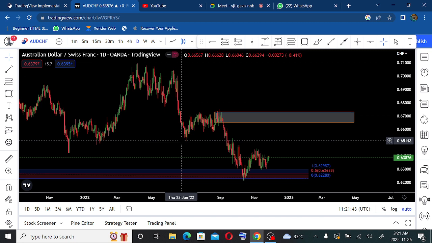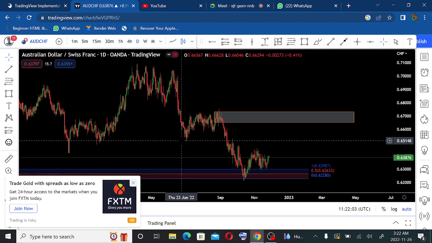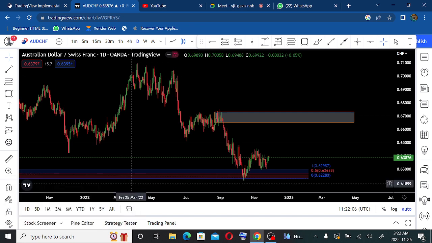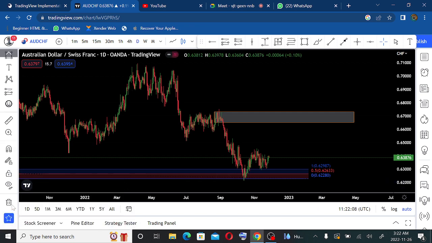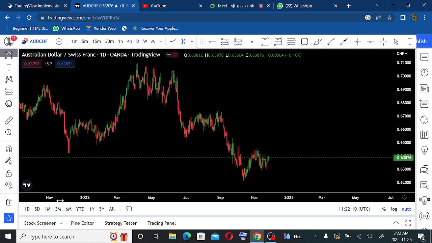So on this AUD CHF, we want to begin our analysis by checking the higher time frames, trying to look for what we can see there that could give us possible confirmations for nearest entries, and then we make use of that to make our entry. So now I will delete any markup currently on the chart, and then we'll go to the